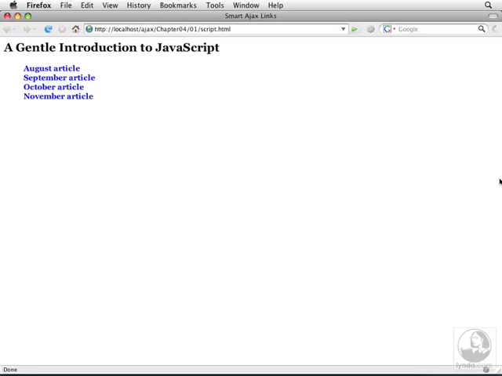In this chapter, we're going to start getting into really adding AJAX code to improve your static HTML web pages. And here's an example of a static HTML web page. It might look at first glance like it's fairly useful, but when you really read what it says, you'll see